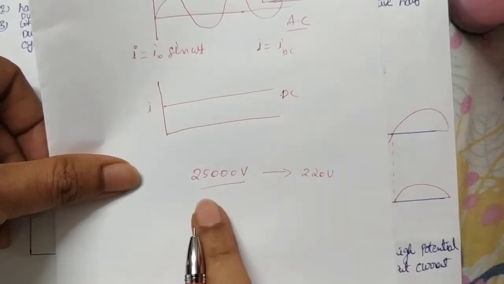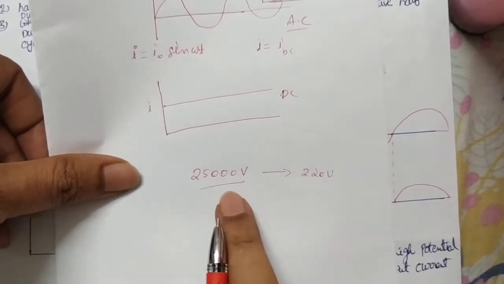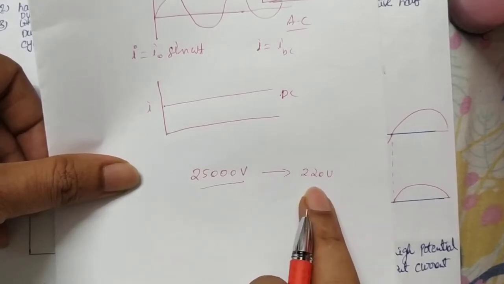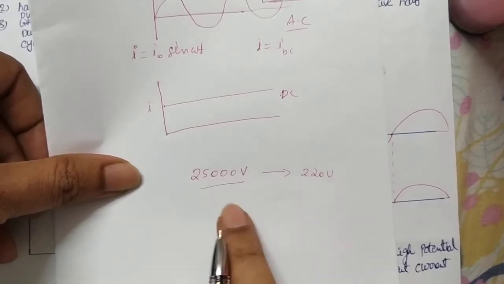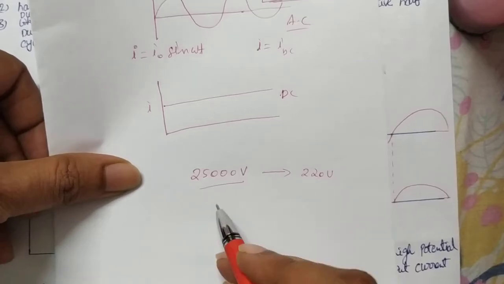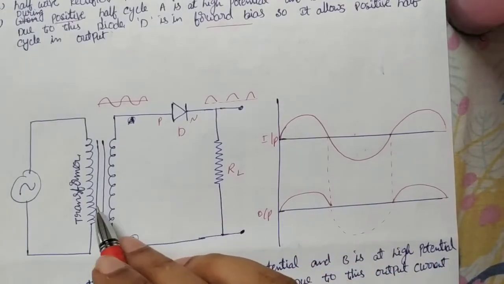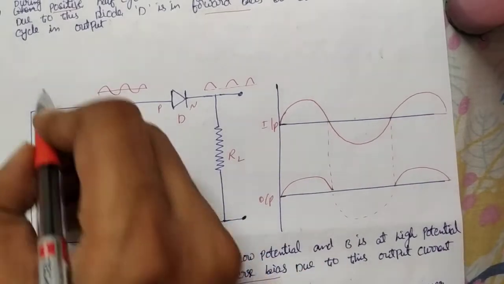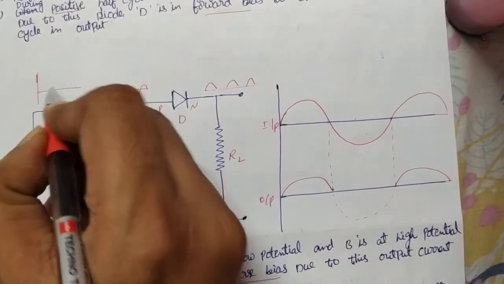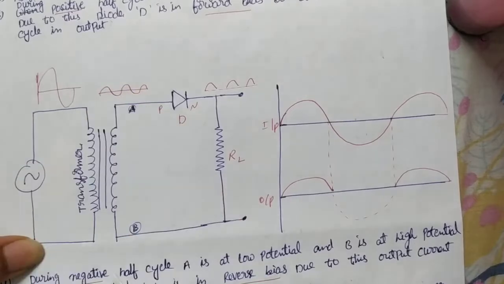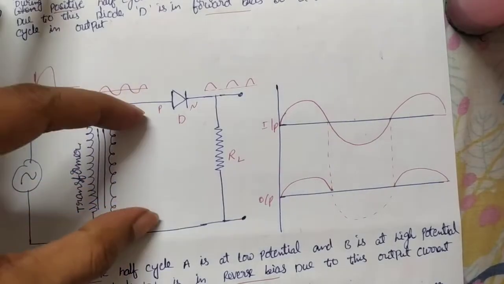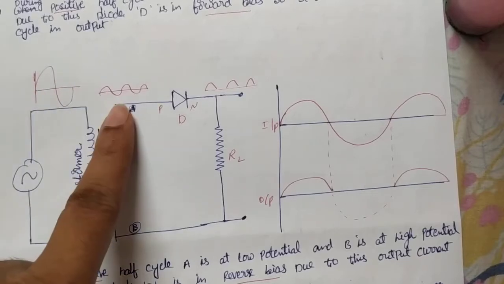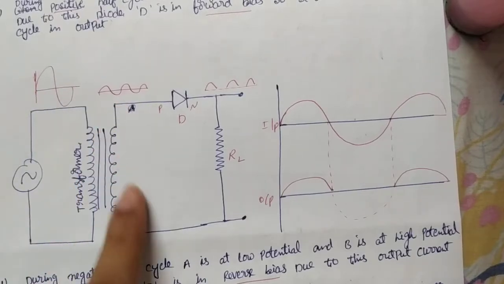So what does step down mean? It decreases the potential. Using a transformer we can decrease the potential and we can also increase the potential in AC circuits. Here they use a step down transformer, which decreases the potential. Initially the potential has a huge amplitude, and after passing through, the potential decreases, but both are alternating currents only.